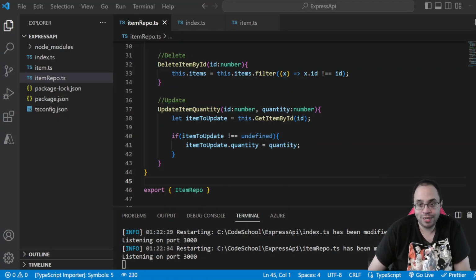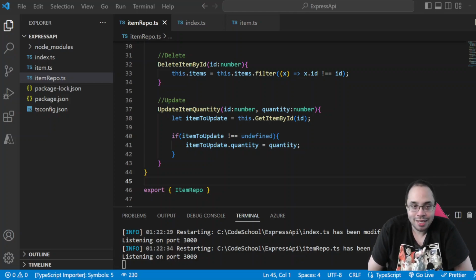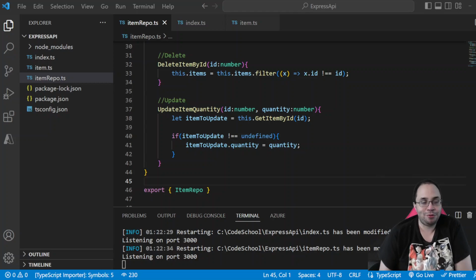All right, so as always, we've got new requirements coming in. So we're gonna have to update our API to take care of these new requirements. All right, so now we have a requirement from Central Grocery Headquarters that they would like to be able to